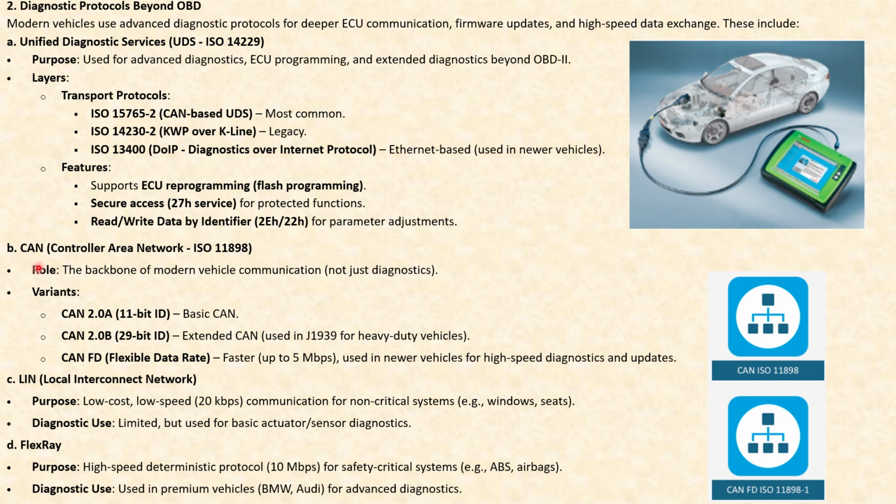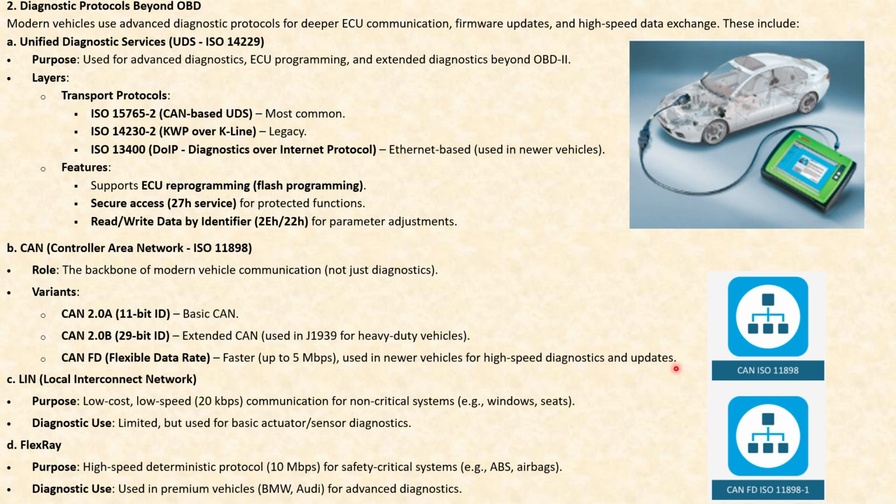Now coming to CAN, Controller Area Network, which is standardized by ISO 11898, the backbone of modern vehicle communication, not just the diagnostics. CAN is a very robust communication protocol. It is used for almost all the communications in the vehicle. Now coming to the variants: CAN 2.0A 11-bit ID, this is basic CAN. CAN 2.0B 29-bit ID, extended CAN used in J1939 for heavy duty vehicles, and CAN FD, which is the most modern version of CAN, flexible data rate, faster, up to 5 Mbps,